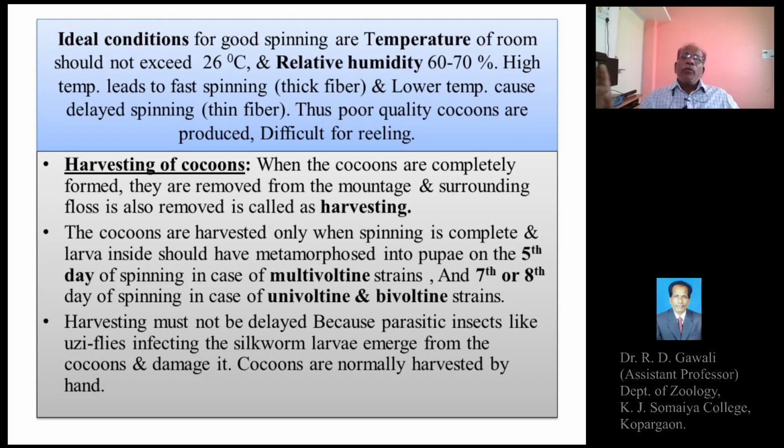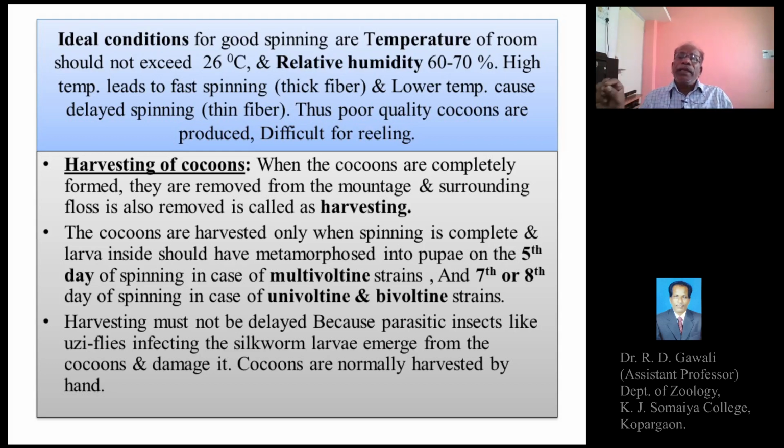The time for complete spinning of the cocoon is about 72 hours or 3 days, and this is a non-stop activity that continues day and night. The larva continuously spins the cocoon around its body with the movement of the head from anterior to posterior or posterior to anterior together with a rotation or gyration, and this leads to the formation of the cocoon around its body, which usually requires 3 days.